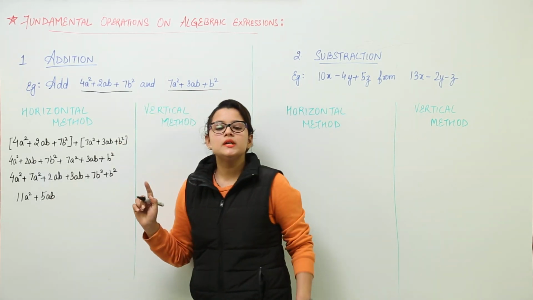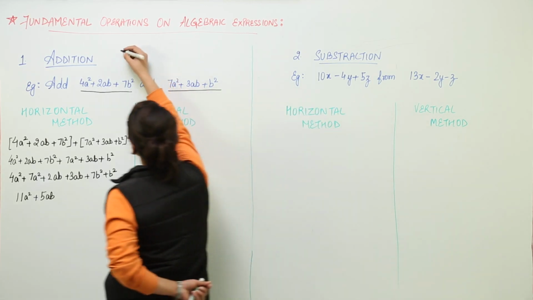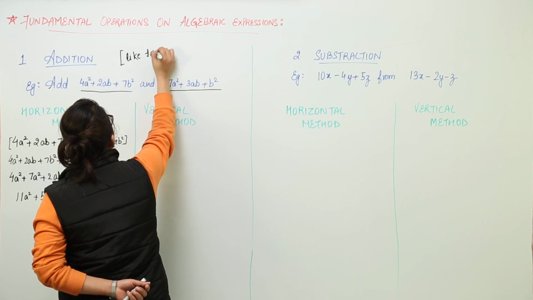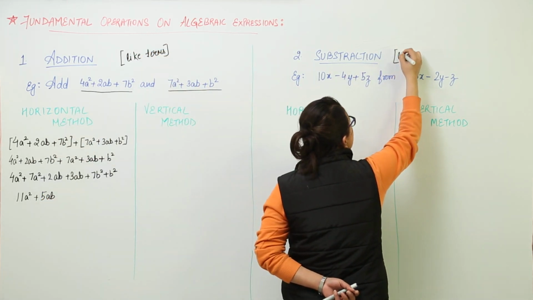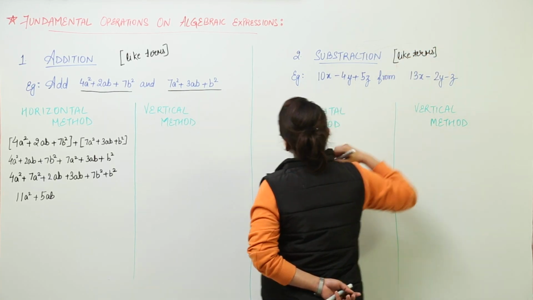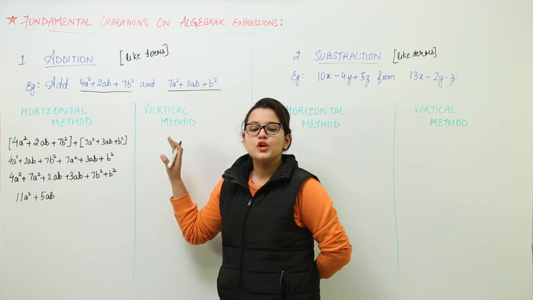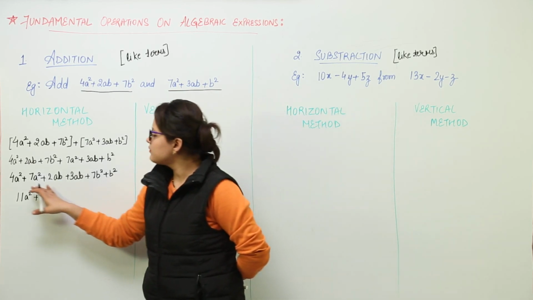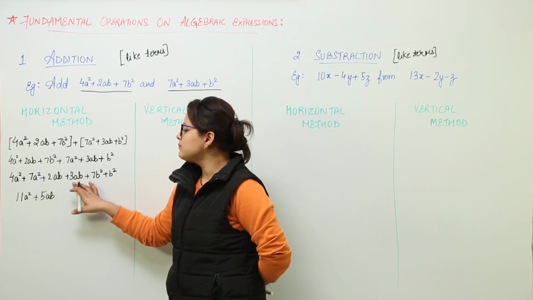See, when you are doing the addition and subtraction, always keep in mind only like terms can be added. This can be done for only like terms. Similarly, the subtraction that we are going to discuss after this is to be done only with the like terms, right? That means when you are doing addition and subtraction of algebraic expressions, you must add only the like terms together. So here we have added up the like term 4a square plus 7a square and 2ab plus 3ab.